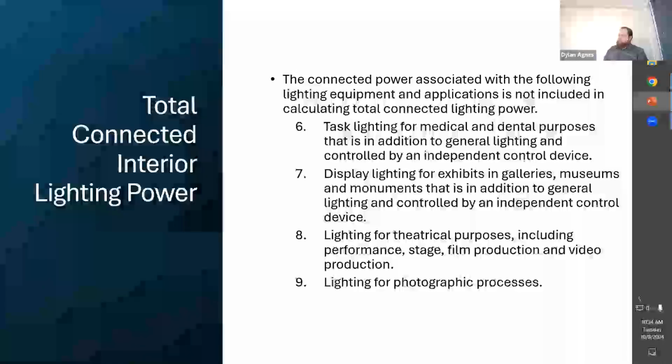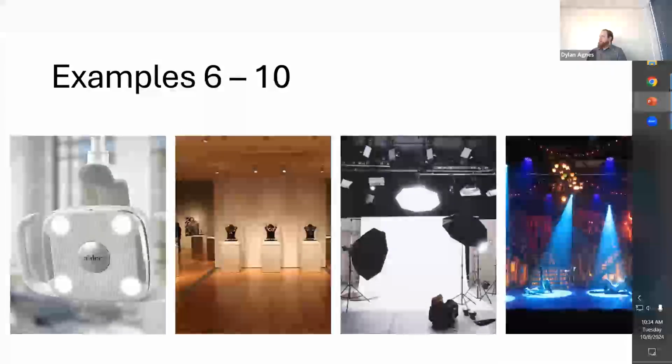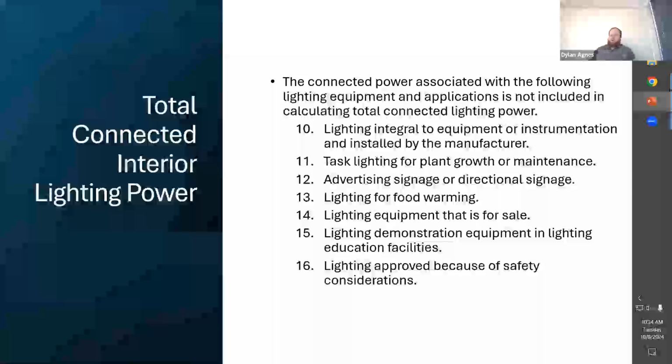Task lighting for medical dental purposes, display lighting for galleries, museums, monuments, in addition to general lighting controlled by an independent control device. Theatrical purposes, performance, stage, film production, photography, again, pretty straightforward, common sense application of the code. Lighting integral to equipment or instrumentation installed by the manufacturer, as in it came with the equipment, so you don't have a choice. Task lighting for plant growth or maintenance, advertising signage or directional signage, lighting for food warming,